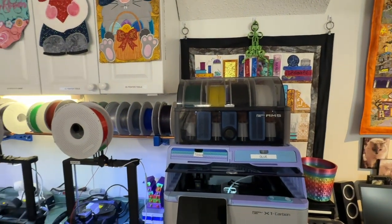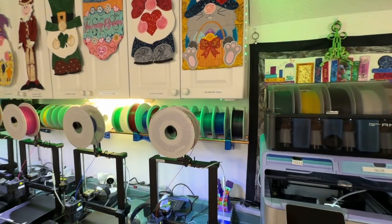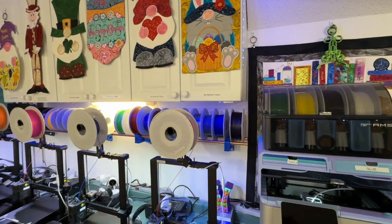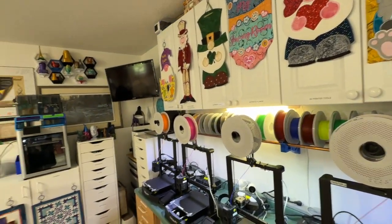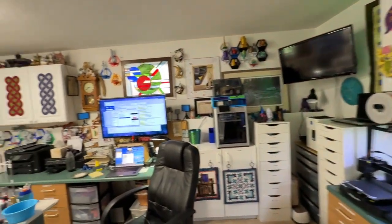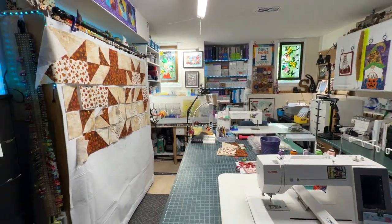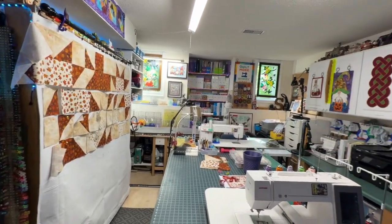And I'm debating whether I should order some more filament. I'm really loving their dual colored filament. So yeah, I might just do that maybe after I'm finished recording this. So those are various things I've been working on. Always busy, and sometimes I get a little overwhelmed with what I have to do, but you know, keeps me